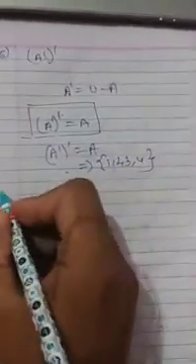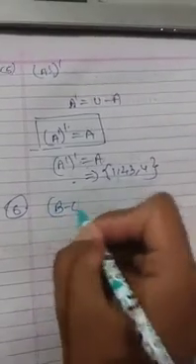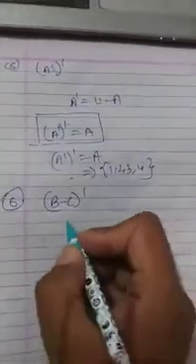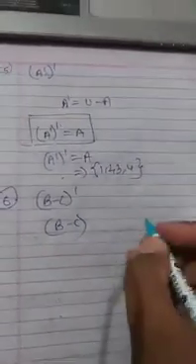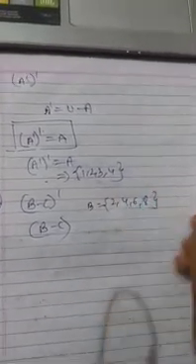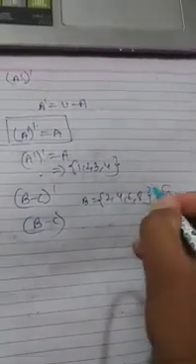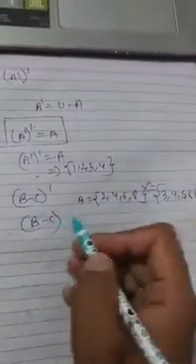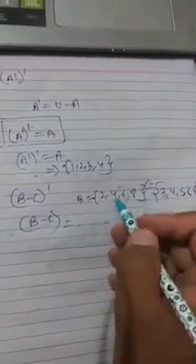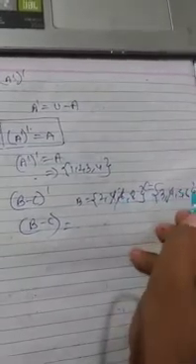Okay. Now for the sixth part we have to find B minus C complement. First we have to find B minus C. What is our set B? Set B was 2, 4, 6, 8, and C was 3, 4, 5, 6. This is our C. So B minus C we have to find. What is cutting out? 4 and this 6. So what do we get?